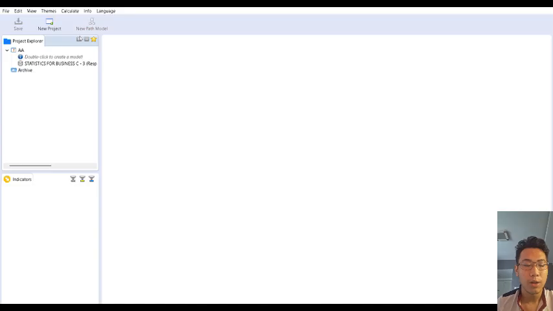After that, you can open your Smart PLS. This is how the SmartPLS interface looks. So what you're going to do now is open a new project.